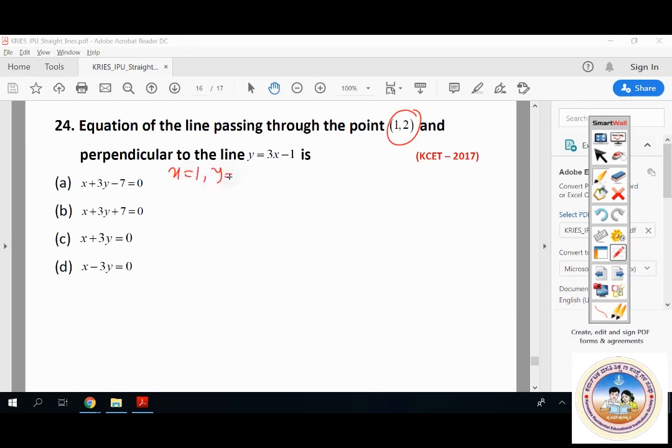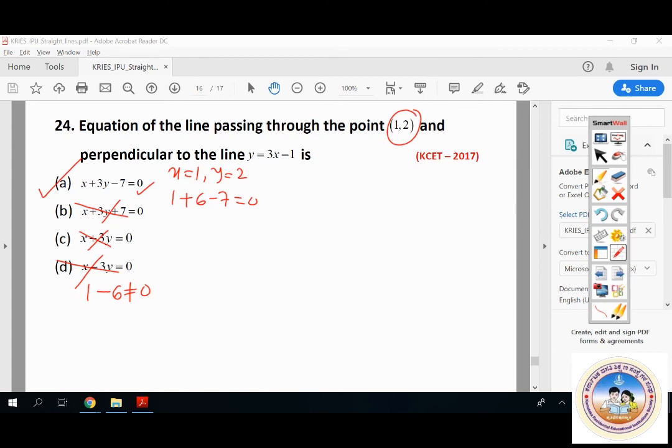So if you put x is equal to 1 and y equal to 2, it becomes 1 plus 6 minus 7 is equal to 0. First one will satisfy, but the second one ಎಲ್ಲ ಪಾಸಿಟಿವ್ ಇರೋದ್ರಿಂದ 0 ಆಗಲ್ಲ, this will not become 0. Third one, fourth one, x ಗೆ 1 ಹಾಕೊಂಡ್ರೆ y ಗೆ minus 2 ಹಾಕೊಂಡ್ರೆ minus 6 ಆಯ್ತು, this is not 0. This is also not going to satisfy. So ಇಲ್ಲಿ ನೋಡಿ ಎಷ್ಟು ಸಿಂಪಲ್ ಇದೆ, 2 ಸೆಕೆಂಡ್ ಅಲ್ಲಿ ನೀವು ಇದಕ್ಕೆ ಆನ್ಸರ್ ಮಾಡಬಹುದು. Only one line is going to satisfy that, that point is going to satisfy only one line, so therefore that itself is going to be the right choice for this.